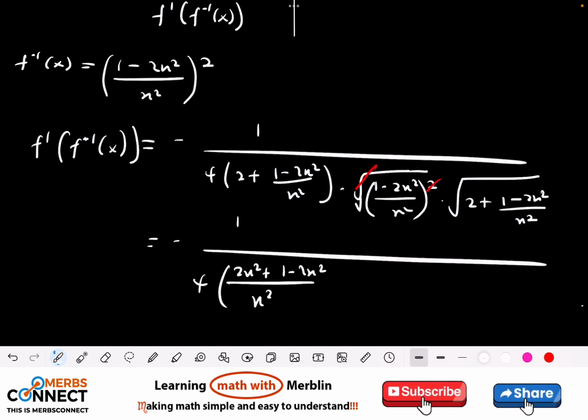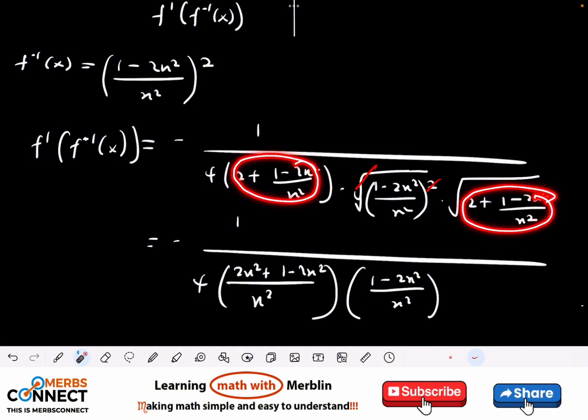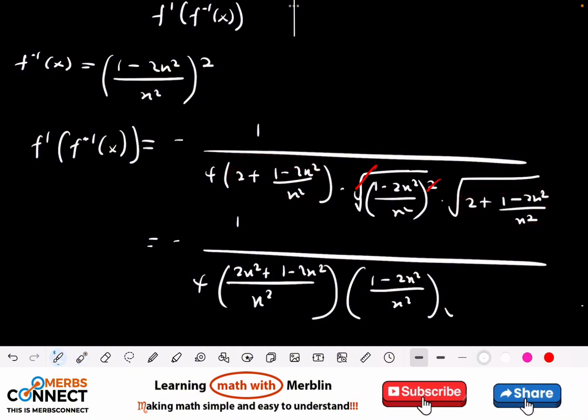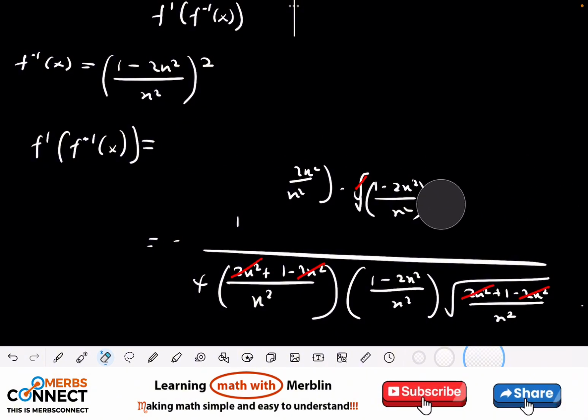So we are going to have times 1 minus 2x squared divided by x squared times, then the simplification that we did here is the same thing here, right? So this is going to be root of everything that we are getting here, 2x squared plus 1 minus 2x squared divided by x squared, right? Now this guy will cancel this guy, too will cancel this guy here, right? So it means that if I want to clean this guy here and move this one up,